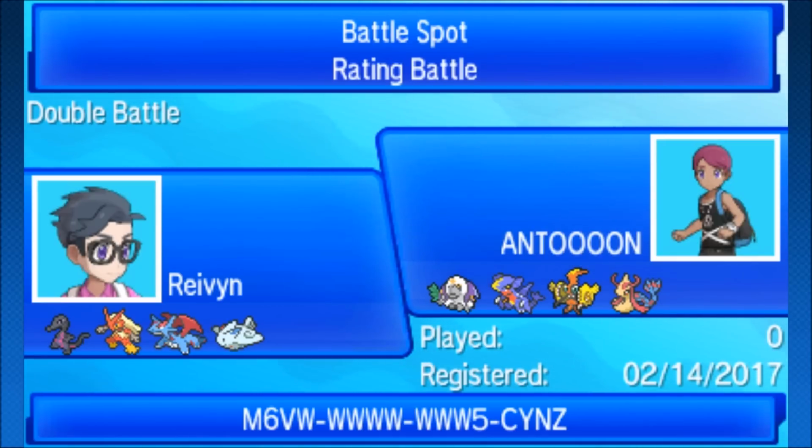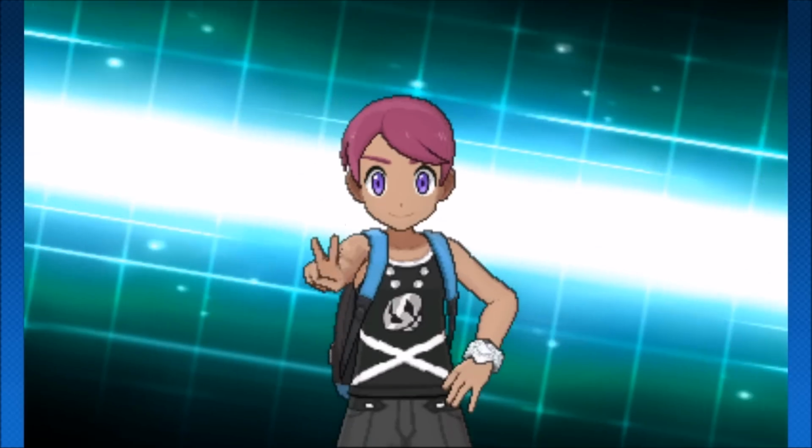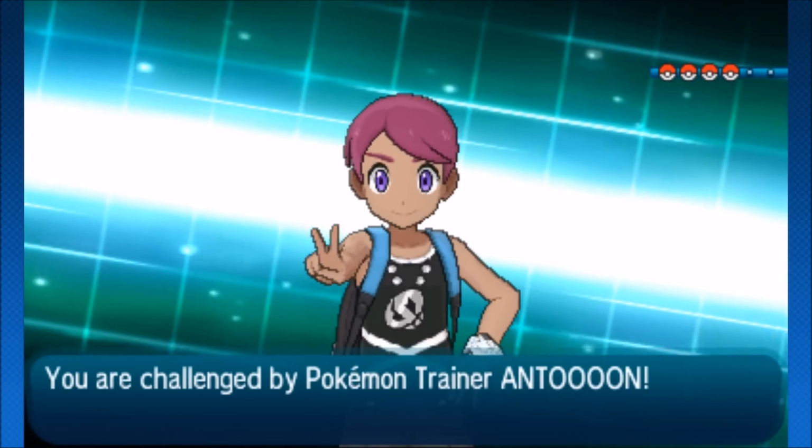There's the Salazzle now. I guess it can have Focus Sash and scary things. Let's just see what the team does. Let's just see what this team is capable of. Also, I see the Salazzle, and the opponent has an Oranguru, so I guess you see an Oranguru, you think,